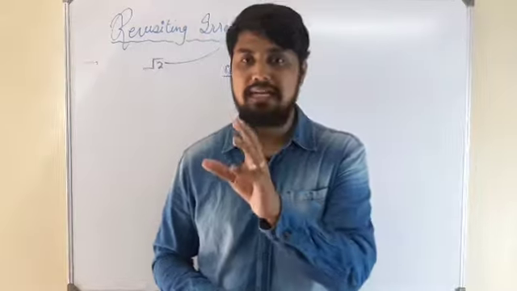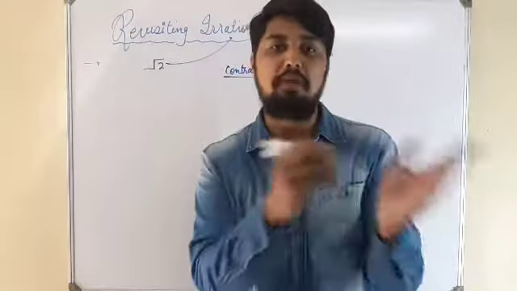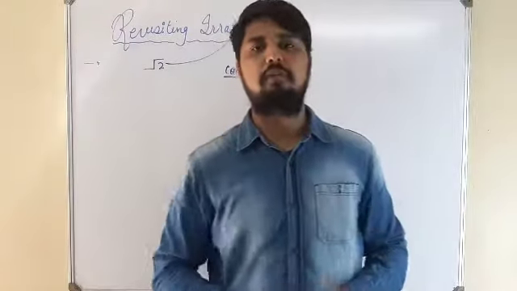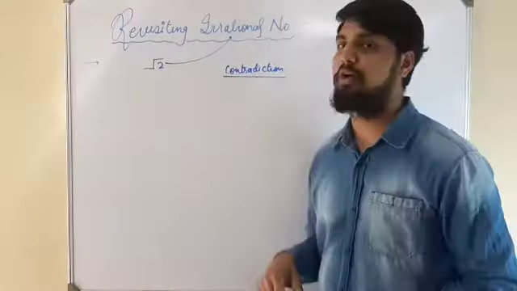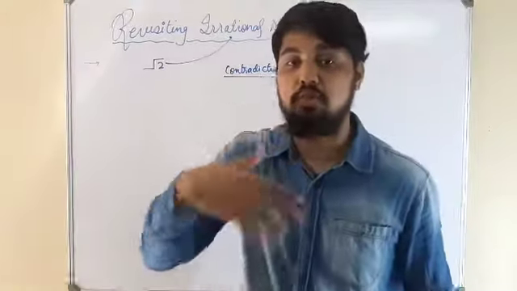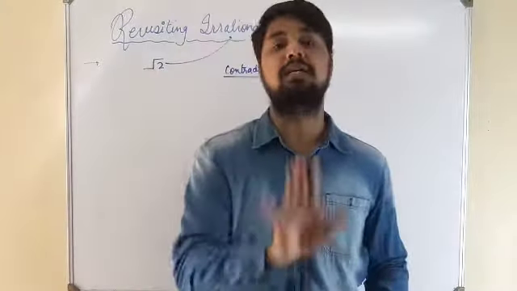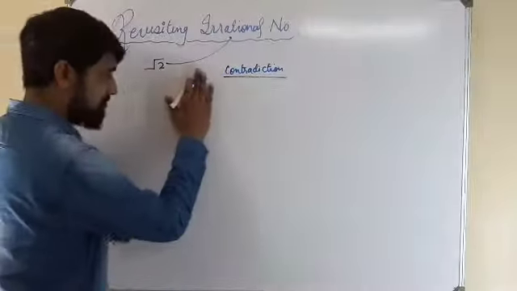Now if root 2 is a rational number is a wrong statement, then ultimately root 2 will become an irrational number, because it is not a rational number, so it falls in the category of irrational numbers. So this is known as the method of contradiction. That means we assume something in the beginning, and by calculation we prove that our assumption itself is wrong. Now let's see how to do this.